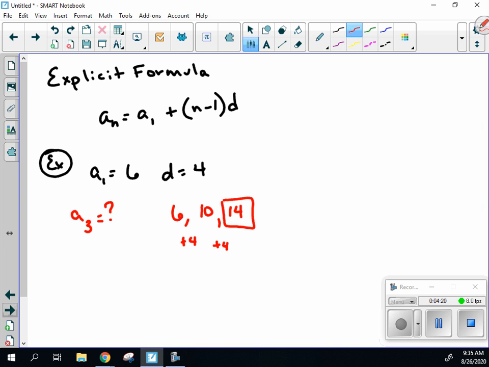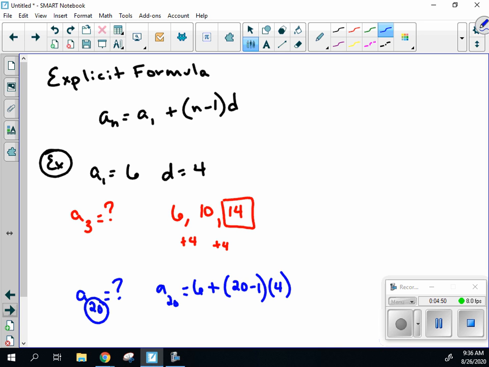You just add, right? Now, let's say I want the 20th term. That one's a little bit more challenging, so I then need to go through and use my explicit formula, and that's okay. So A20 equals 6 plus, well, what is N? N is the term number, right? So that would be 20 minus 1